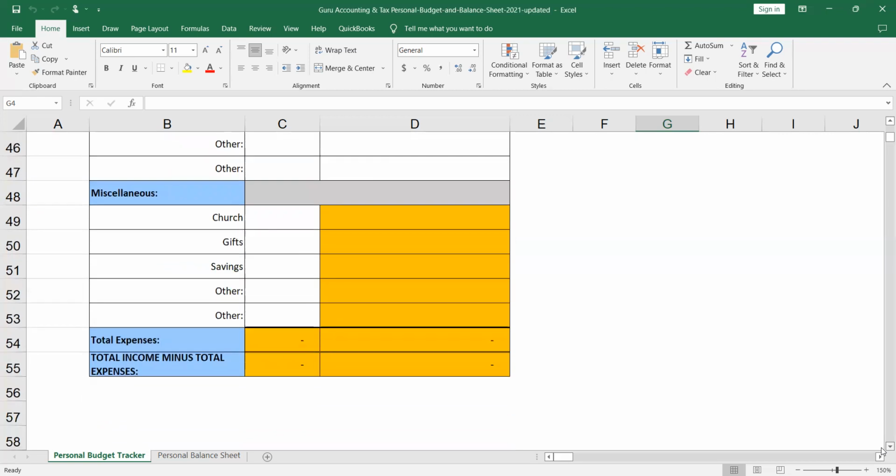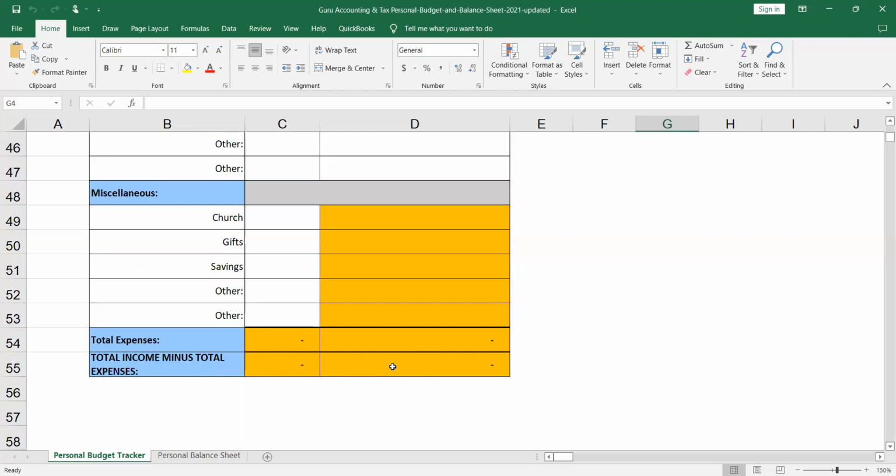Then we can talk about total income minus total expenses. So we'll be able to see your budgeted amount, and then it will be compared with the actual amount. So what is your net income or net loss at the end of the month? Tentatively, it tells you how much you spend on a monthly basis. Do you exceed your expectation, or are you within the budgeted limit, or do you have a huge positive variance, which